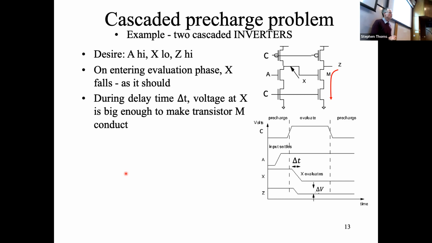So what we were looking at the end of the last lecture was pre-charge logic, and we looked at the way that pre-charge logic saves space so that you don't need to have both the N block and the P block. You just simply have either an N block or the P block, and you have two clock transistors instead of the other block. So what we're going to look at here